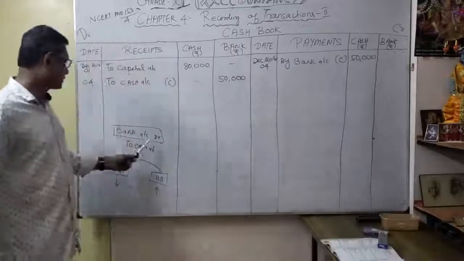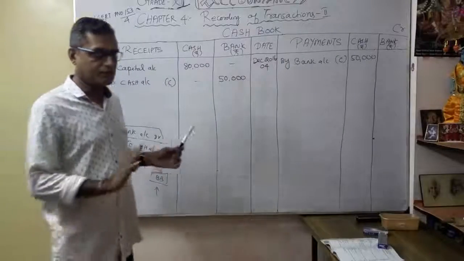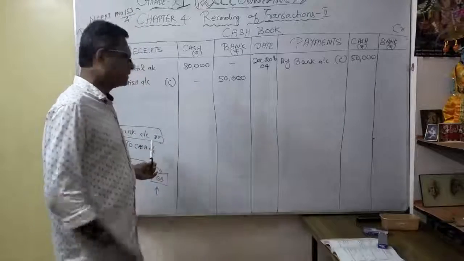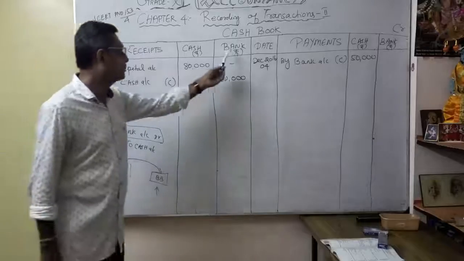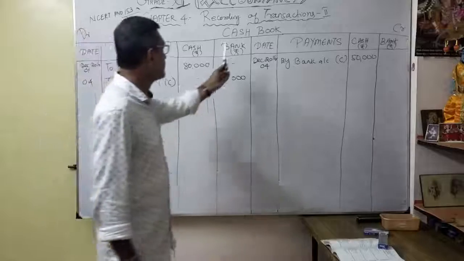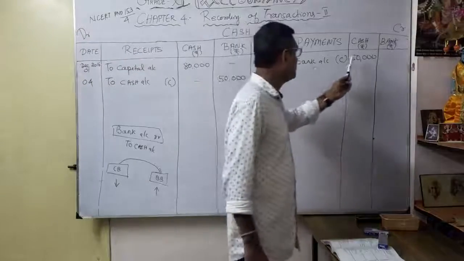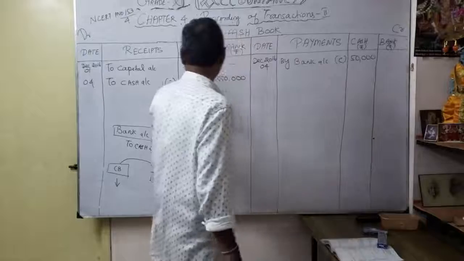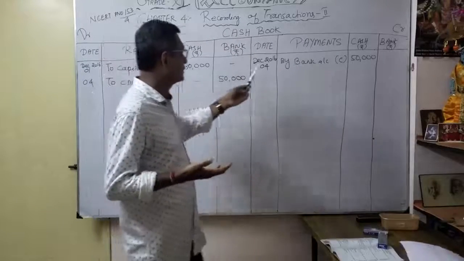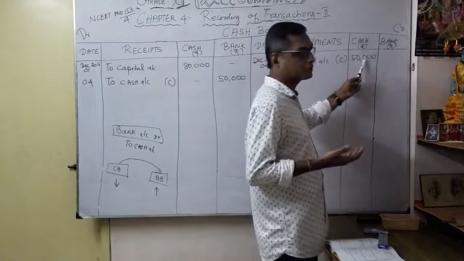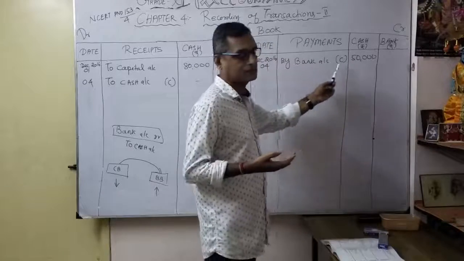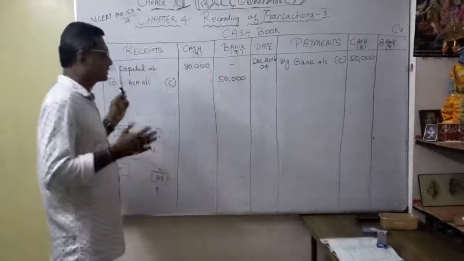So bank account debit to cash account. When you see this journal entry, you come to the conclusion that it is cash deposit into bank. How to pass the entry? Bank account debit to cash account 50,000. Similarly, in my cash account, by bank account 50,000. Understood? See here, in the bank column I entered 50,000. The bank balance increased, receipt. Similarly, my payment, my cash column reduced. See the opposite effect. In a cash column, you have to write bank. In a bank column, I have to write cash. That is the opposite effect.